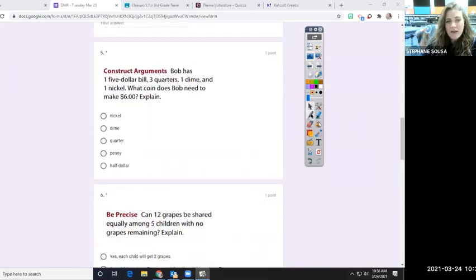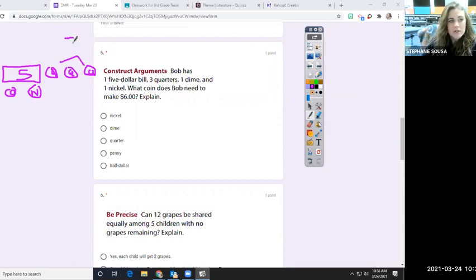Bob. Oh, I like Bob. Bob has 1 $5 bill. 3 quarters. 1, 2, 3. Quarter, quarter, quarter. And 1 dime. Dime. And 1 nickel. Nickel. What coin does Bob need to make $6? Well, I've got to figure out what he's got. I know that 3 quarters is equal to 75 cents. So he's got